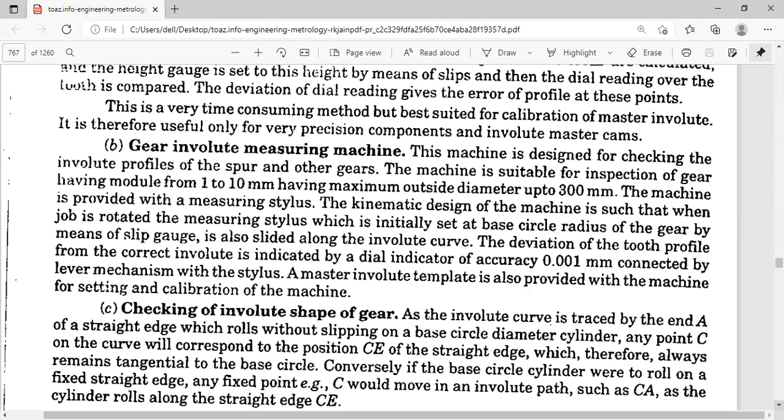So this method is very important when we compare it to the other method. The first method I skipped is not as accurate as the dividing head method. This method is accurate and rapid also. You can have your profile checked in a few minutes, with an accuracy of up to 2 microns, 0.002 microns. So that is how you can have the setting.